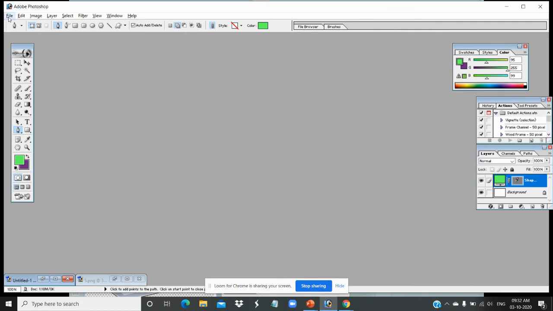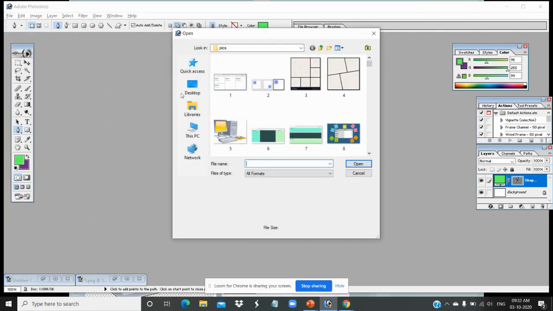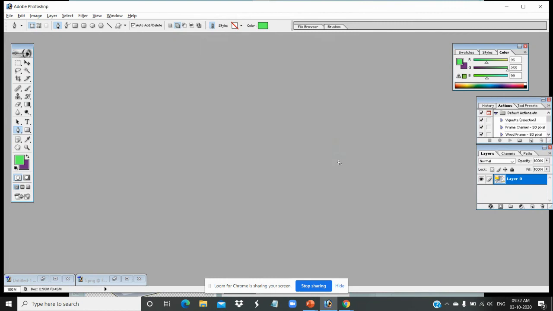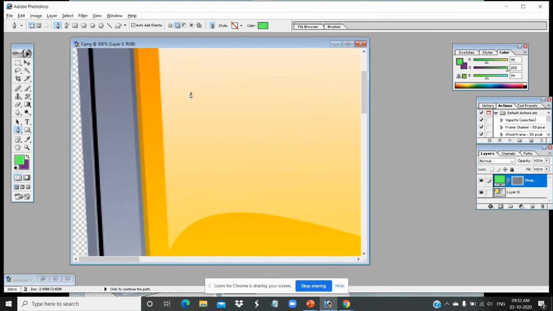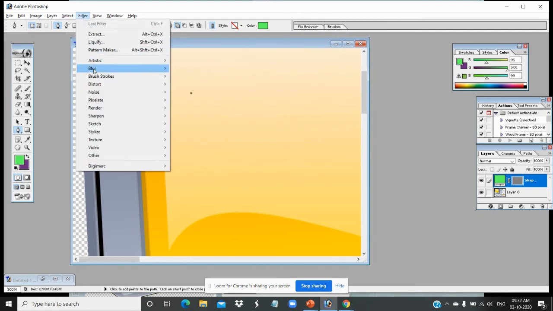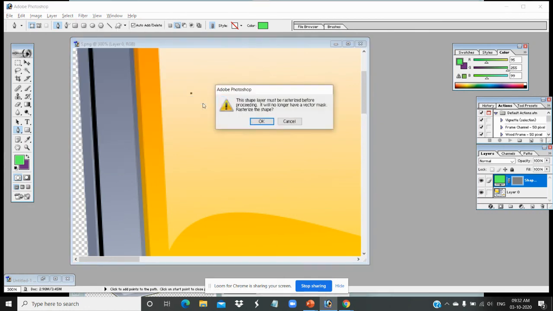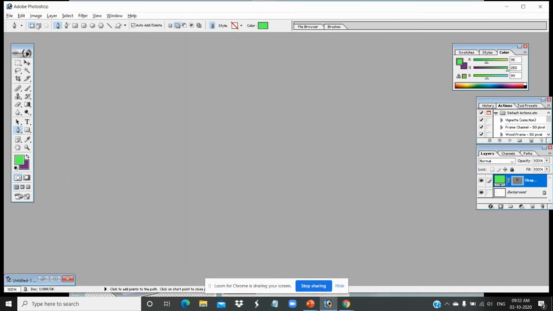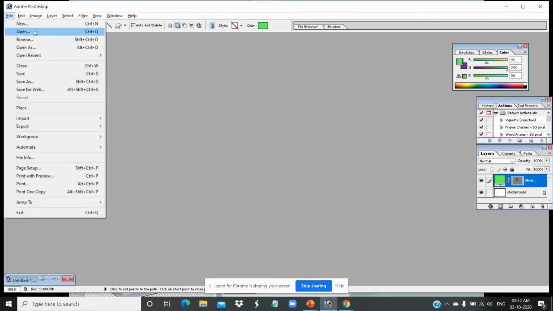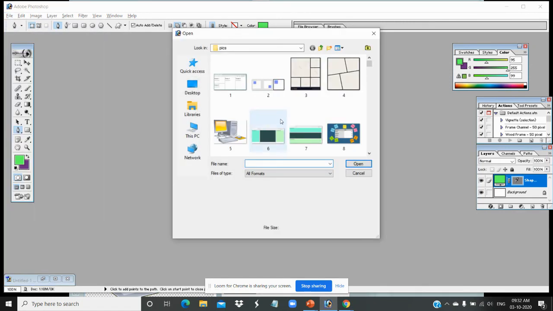Next, blur. How to blur an image? Again, let me open this image. What is the option we have told? See, filter, blur, and use this radial blur. Let me show it in a clear image.